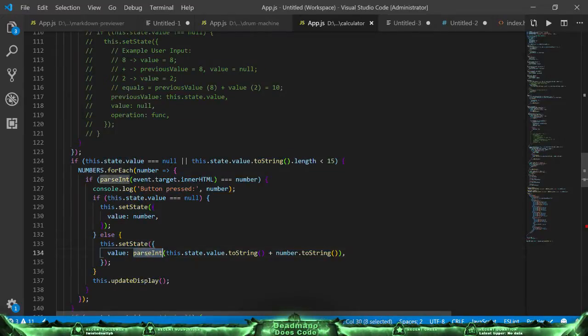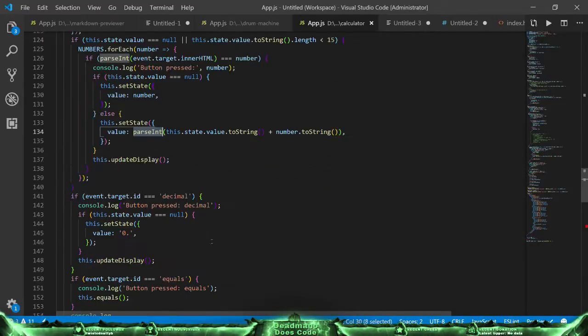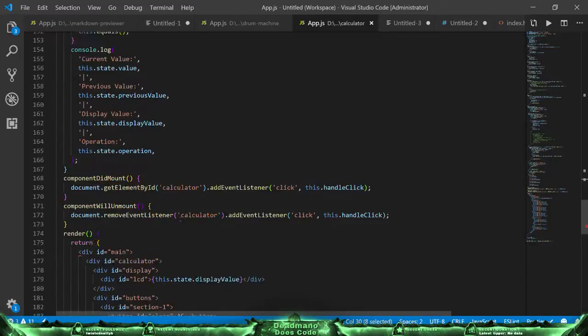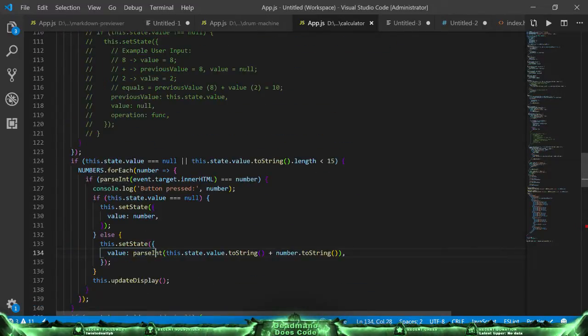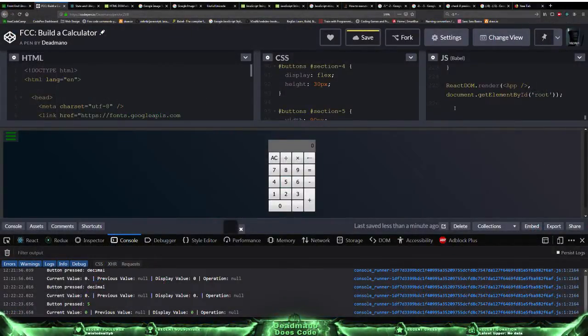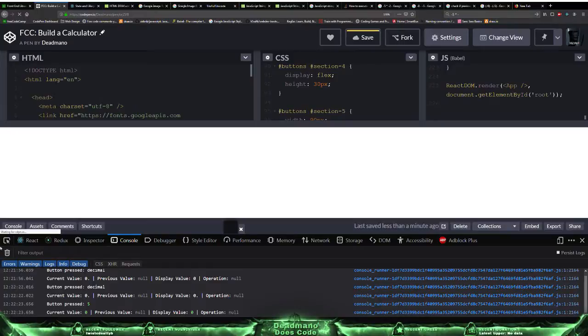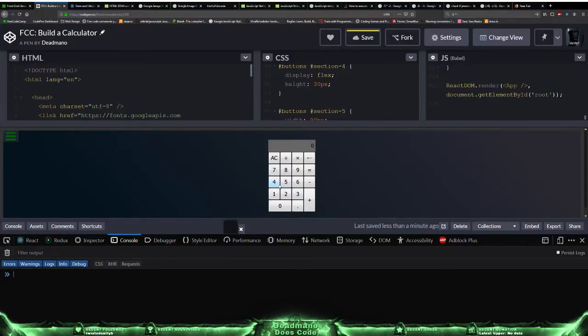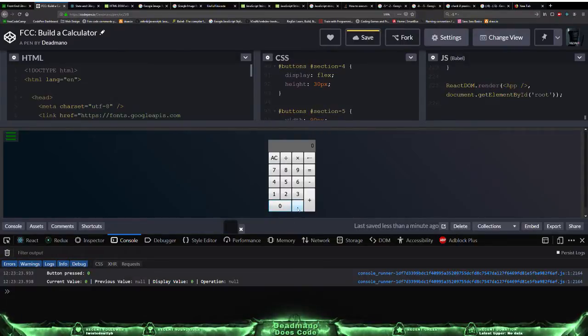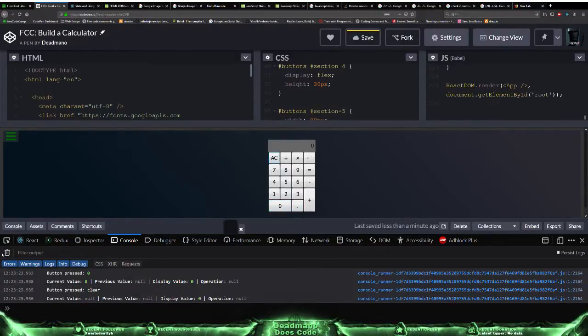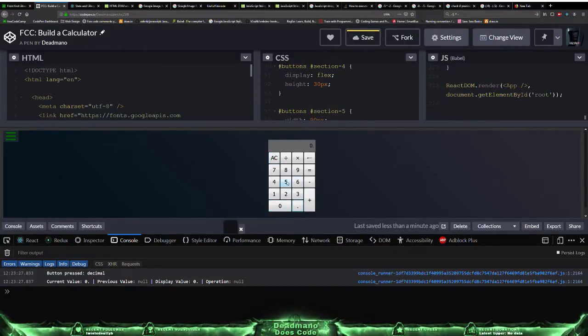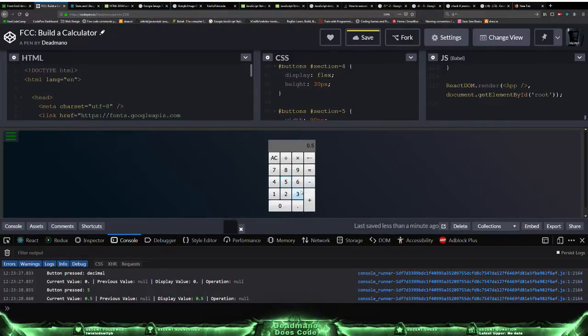Am I using parseInt anywhere else? Gotta be careful about that. I think we should deal with it as a float, because if you pass int, it's just gonna throw it away because it rounds to the nearest number. Wait, we're already on 0. What am I doing? So 0.5. Oh, that worked. 0.5